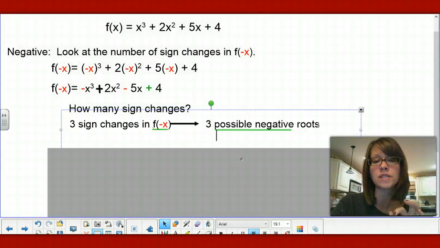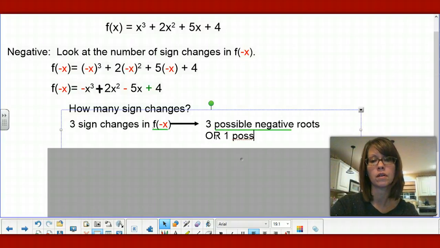Complex roots always come in pairs. I talked about that in the very first video. I think it was for this 2.5, the complex conjugates. So if all 3 of these roots for this cubic are negative, then that's satisfied. But if 2 of them are complex, then we may only have